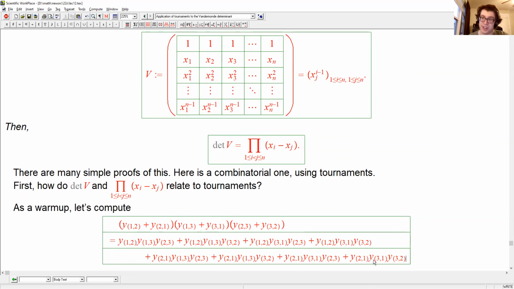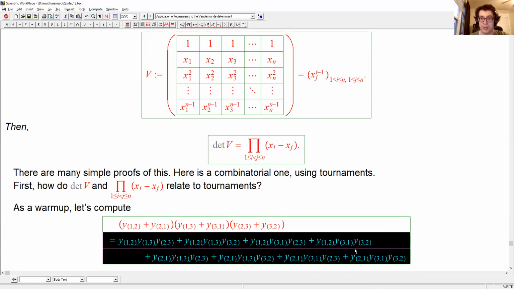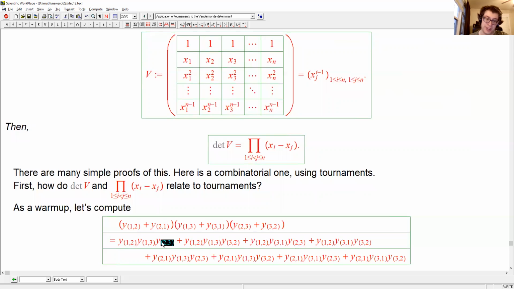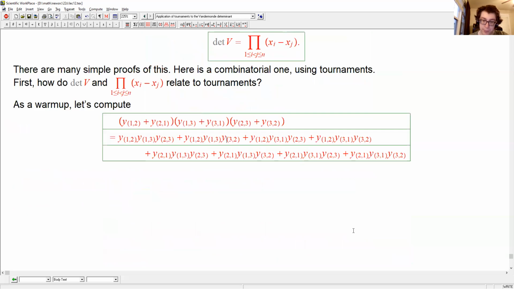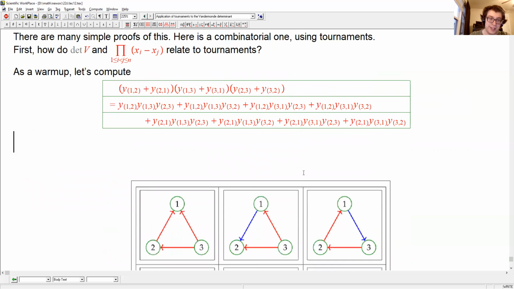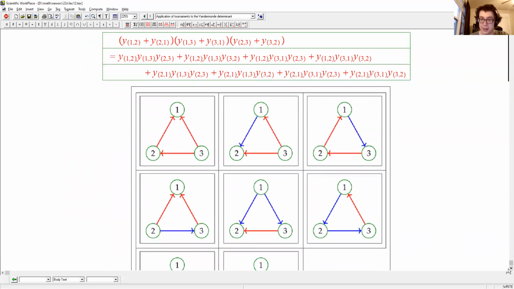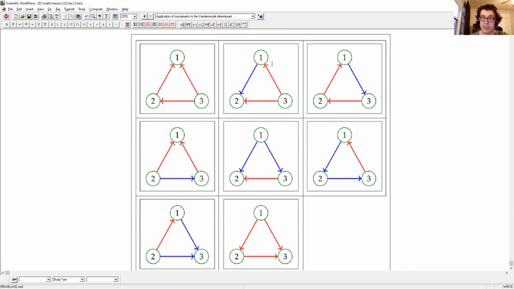Okay, but what do you see here? You see here all possible tournaments on the vertex set 1 to 3. There is a tournament with arcs 1→2, 1→3, 2→3. There is a tournament with arcs 1→2, 1→3, 3→2, and so on. And here are they all conveniently shown. The color coding is: an arc from a smaller vertex to a larger vertex is blue. An arc from a larger vertex to a smaller vertex is red. So 8